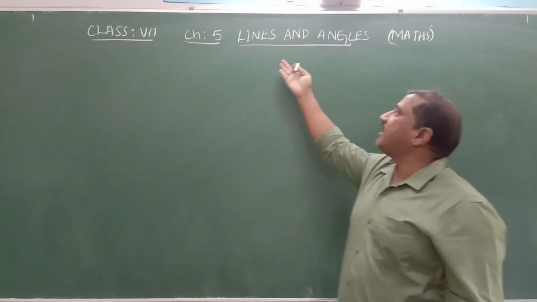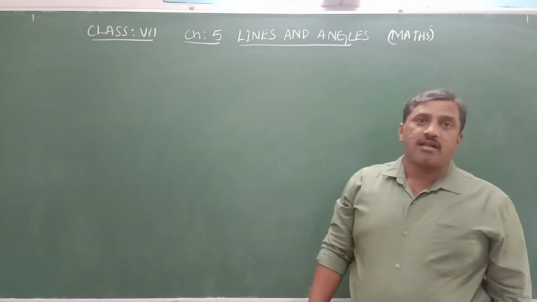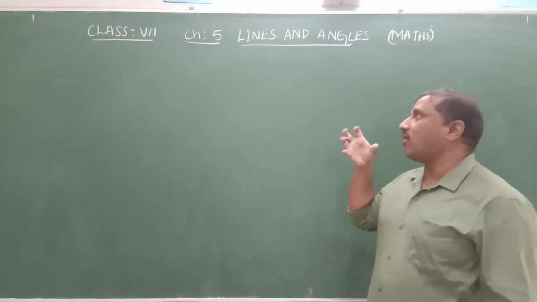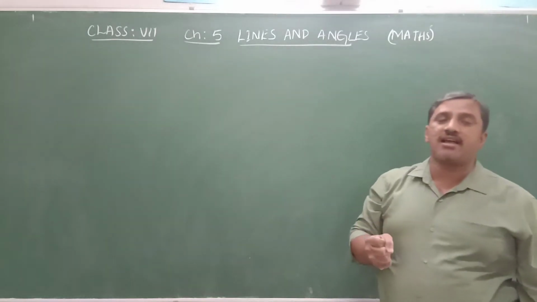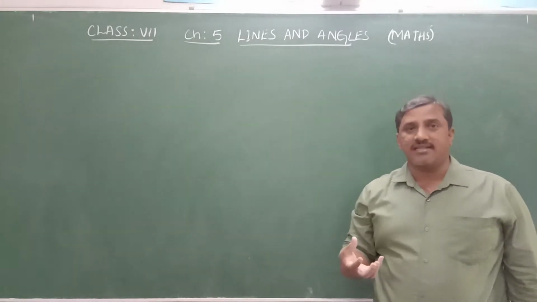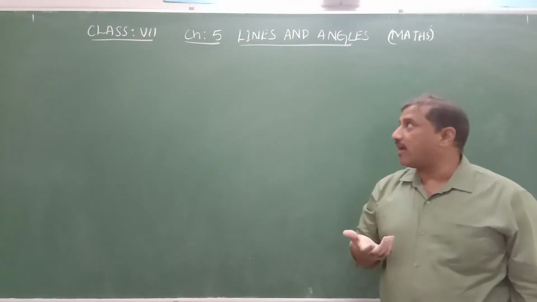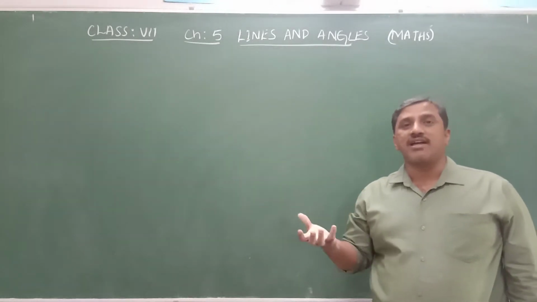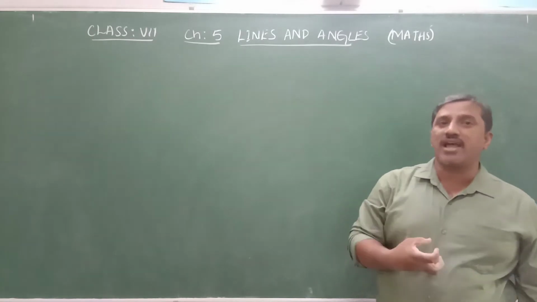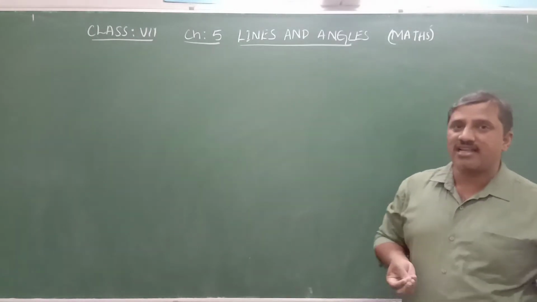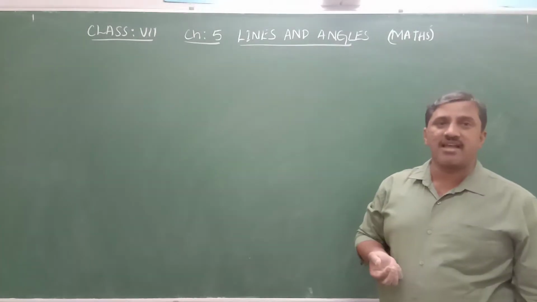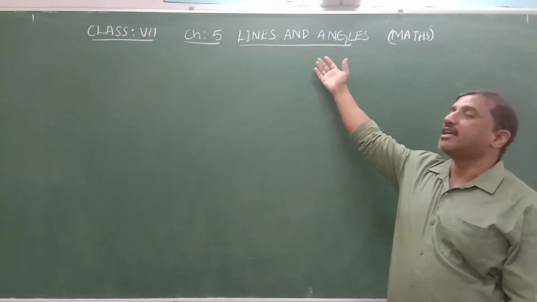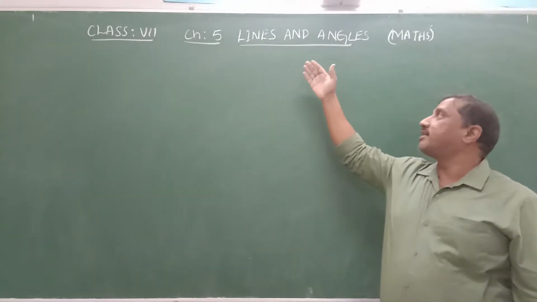So you are already familiar with these lines and angles. Then what are we going to study in addition to that in this chapter? You know a little about lines and angles, like perpendicular lines, parallel lines, a line, intersecting lines, and angles. You know what an angle is, and the types of angles based on their measure: acute angle, obtuse angle, right angle, zero angle, reflex angle, and complete angle. In addition to this, we are going to study some more angles and some more lines.